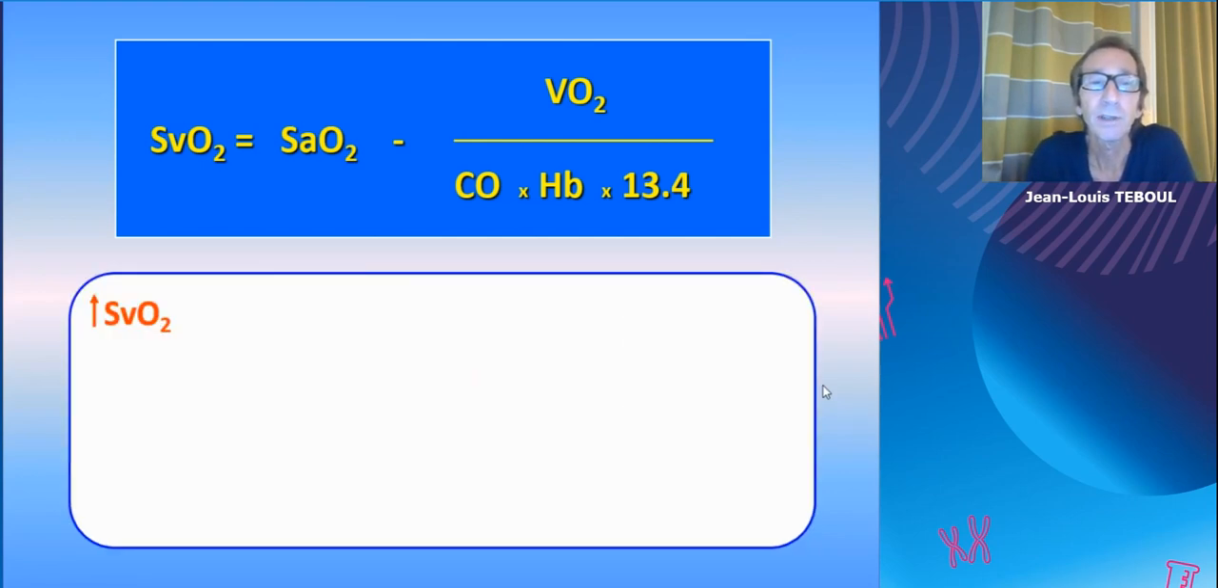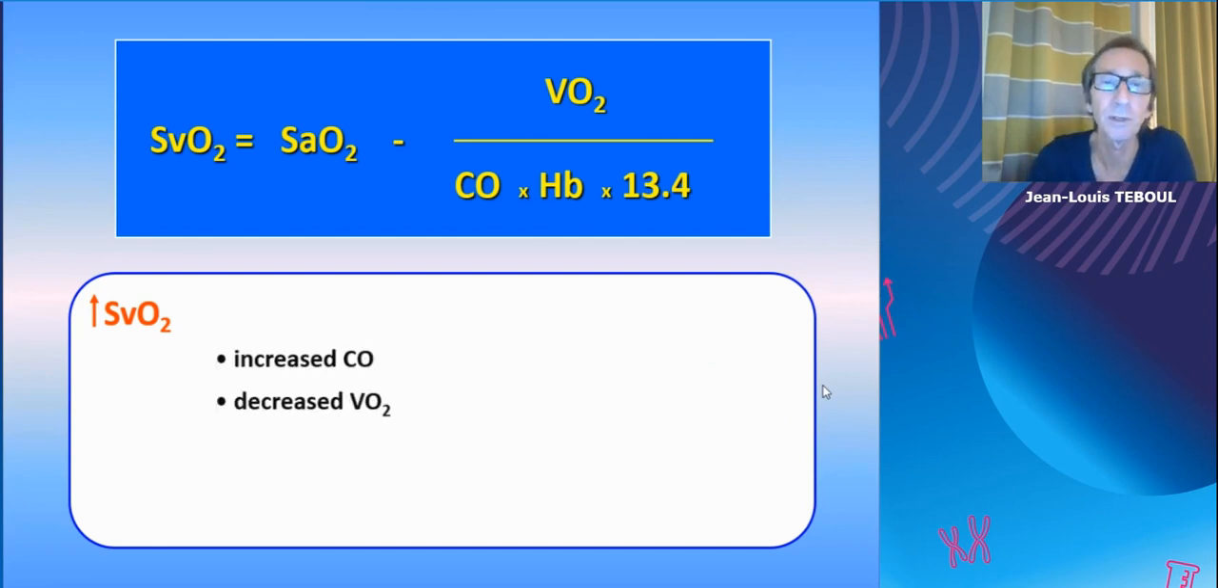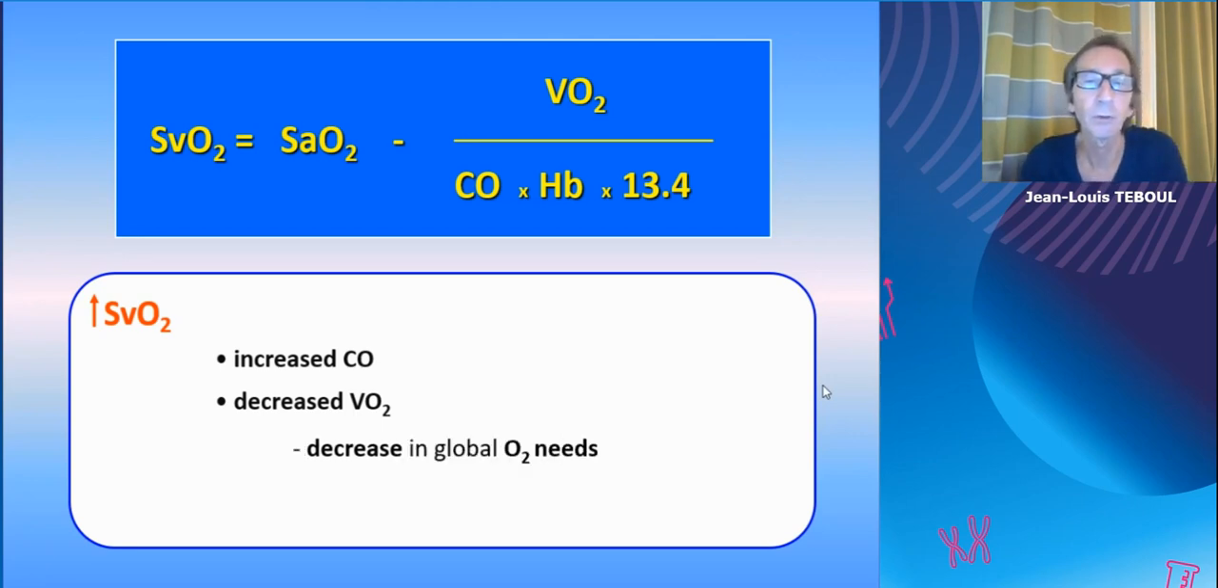What happens in case of an increase in SvO2? This could be due to an increased cardiac output or a decreased oxygen consumption. And this decrease in oxygen consumption can be related to a decrease in global oxygen needs. This is what we can see in situations of profound hypothermia, for example, or mechanical ventilation with full sedation, or